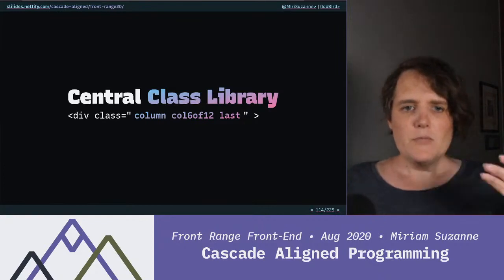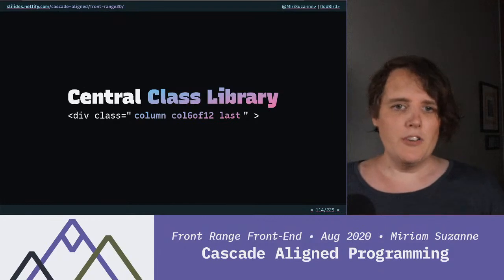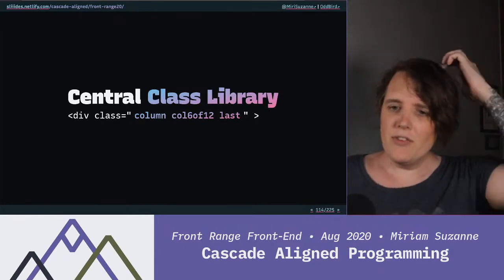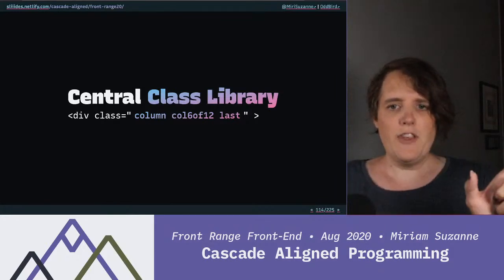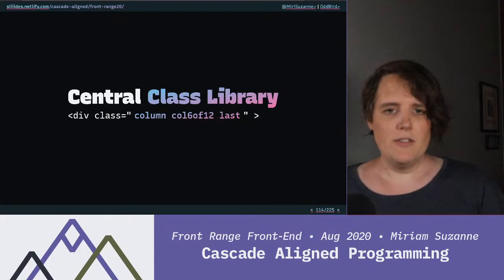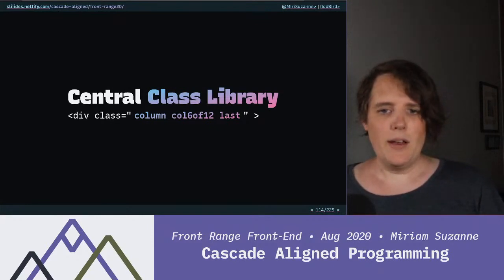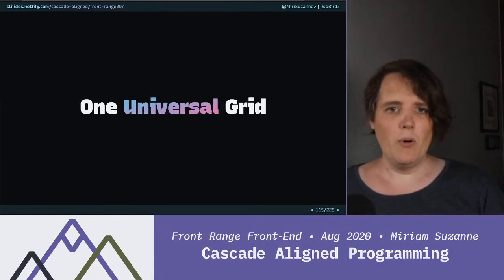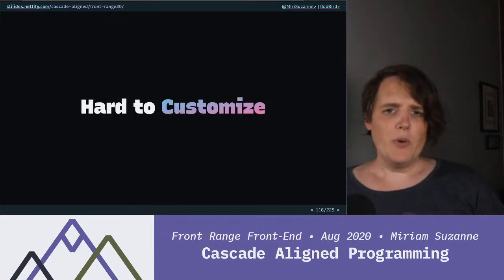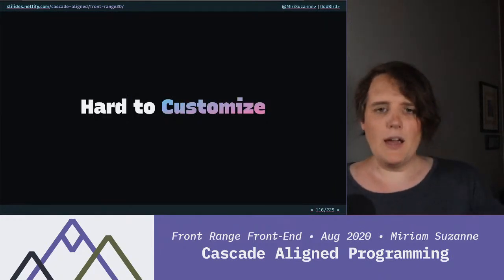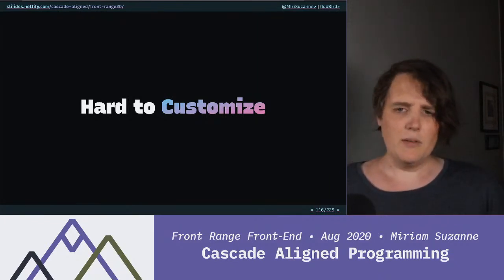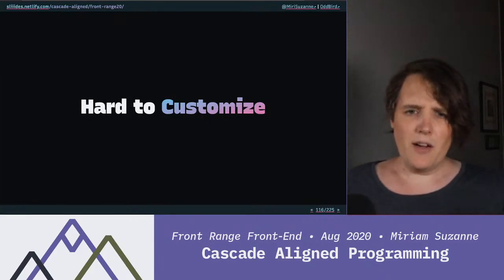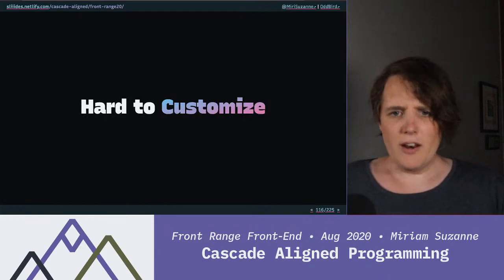This is all workarounds in floats and margins and widths, percentage widths to get this all working. And actually, a lot of these would have been set widths, 960 GS for sure, because we didn't actually have media queries at that point, or they weren't commonly supported. And they would provide one universal grid, but they'd be hard to customize. So you might get stuck in this place where you've used it, but then you need something custom and you're kind of stuck. Or if you want to make one change, you've got to pull out the whole system and